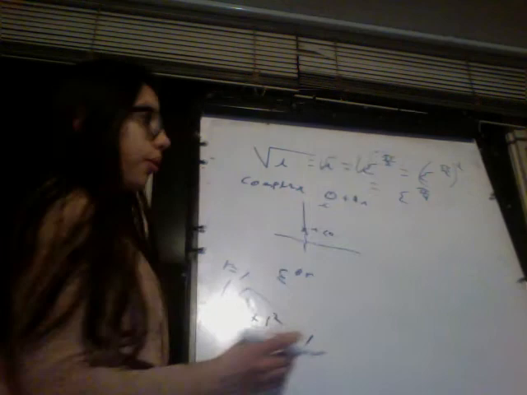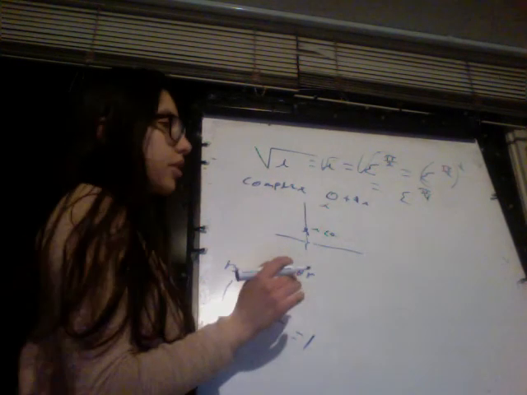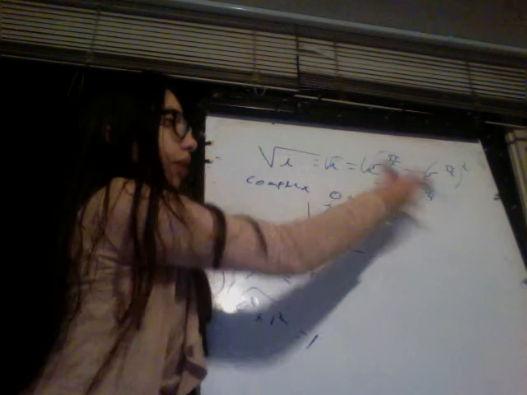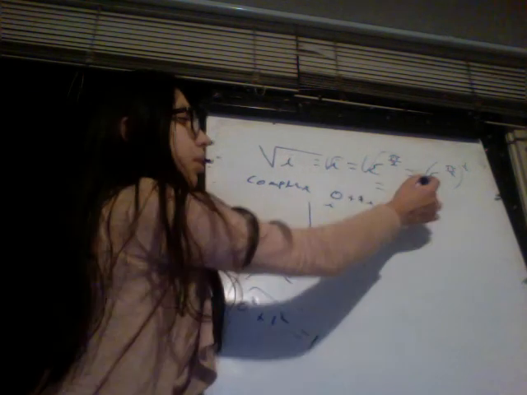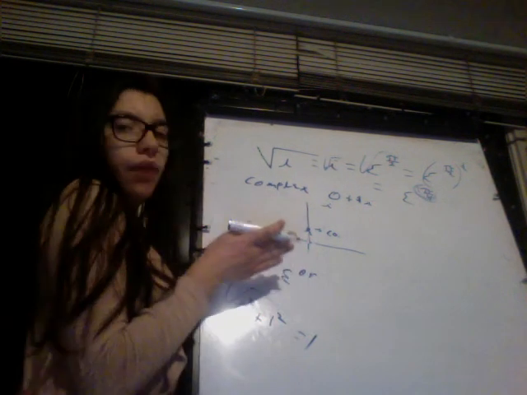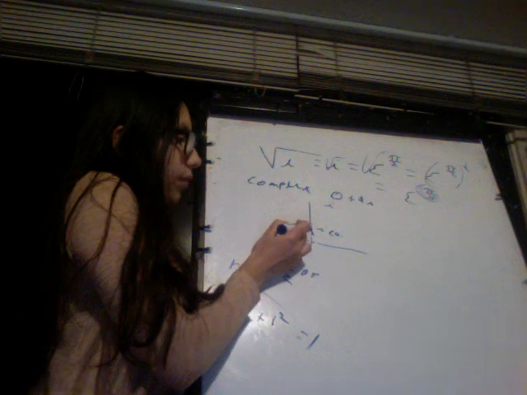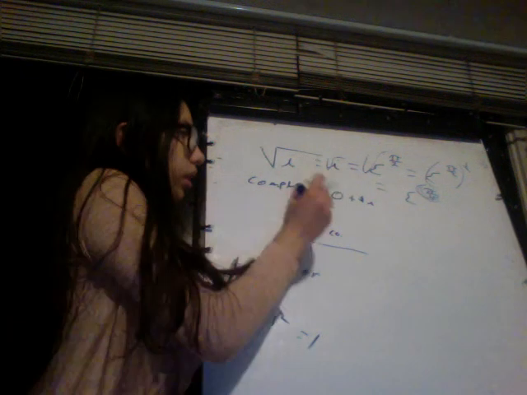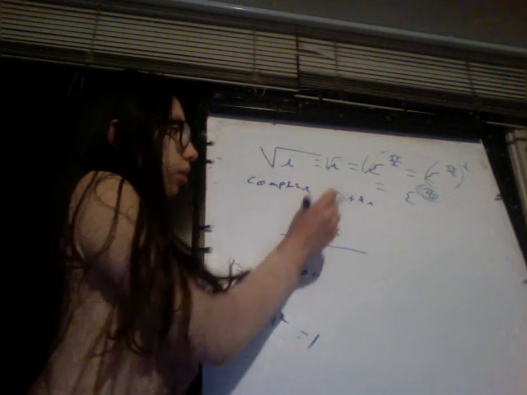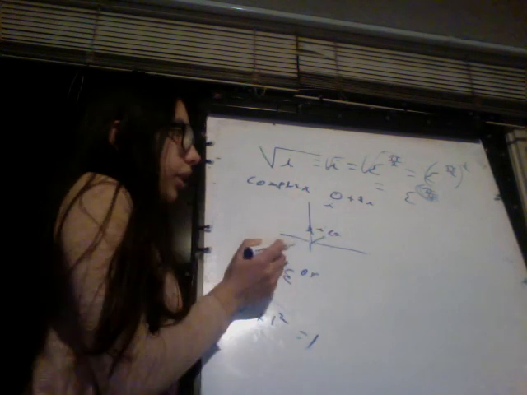And now we want to convert it to normal coordinates, to Cartesian coordinates. So now we are going from polar to Cartesian. We have pi over 4, that means that we are at a 45 degree angle. So now the root of i, this point, is e to the i pi over 4. So it's here. The coordinates are